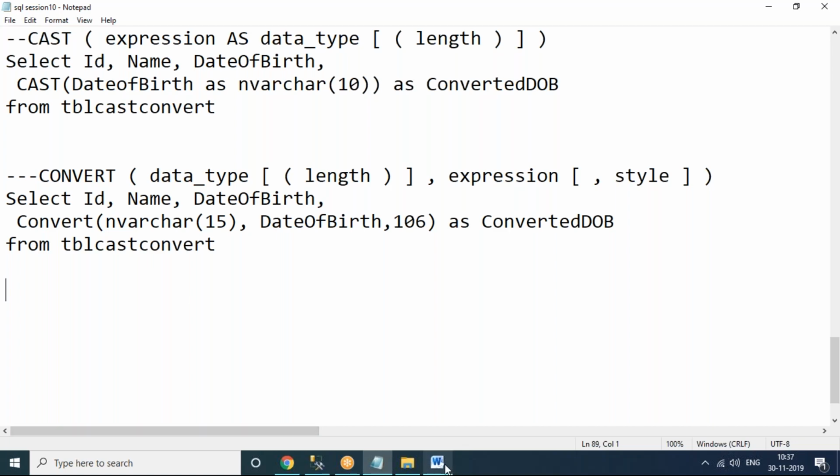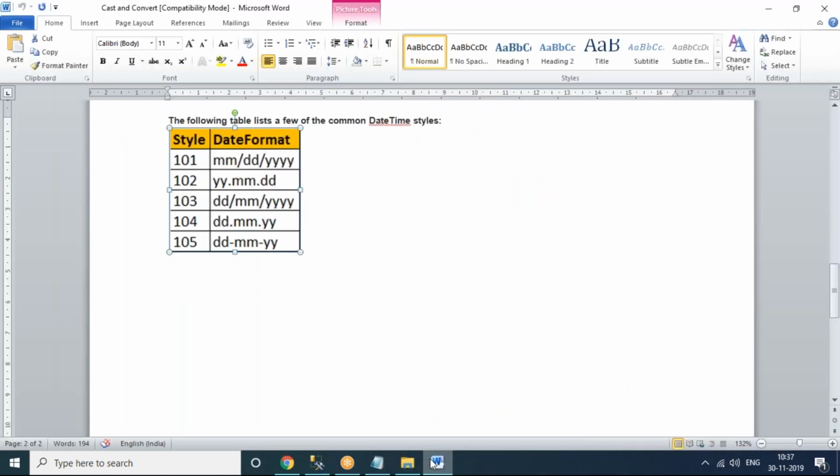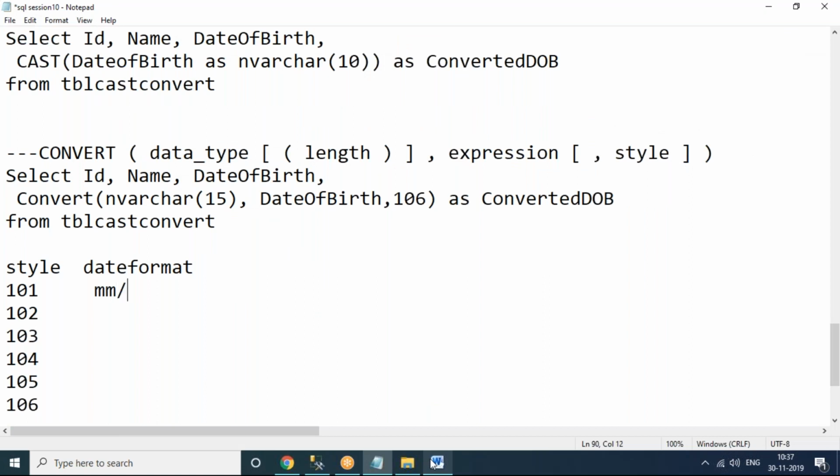So here I'm giving it clearly in this document also, style and date format. You can use these style numbers and date formats. Style numbers are 101, 102, 103, 104, 105, 106. So date formats we can quickly write. Style 101 is mm/dd/yyyy. Style number 102 is yy.mm.dd. Style number 103 also, let me keep here in the document,